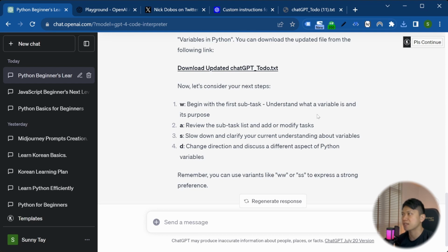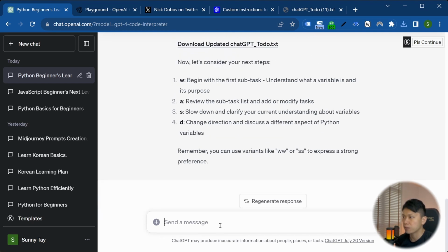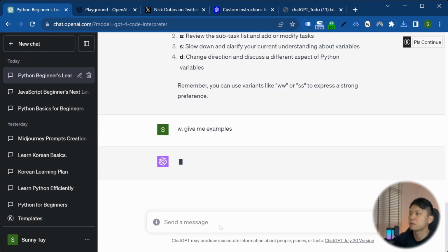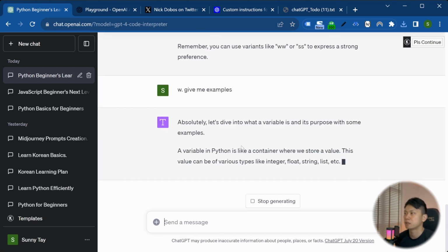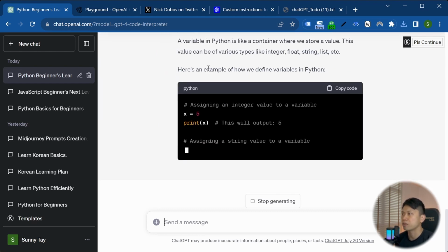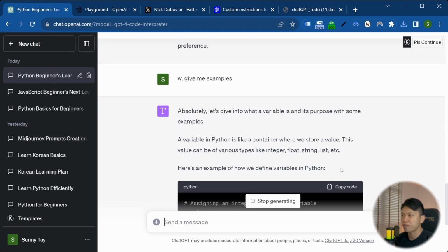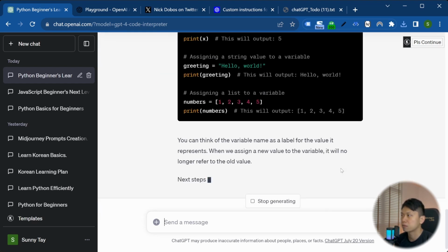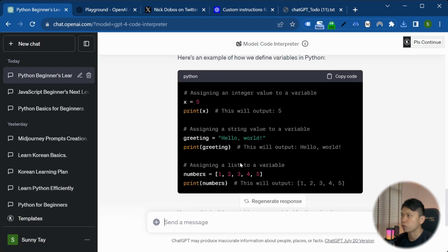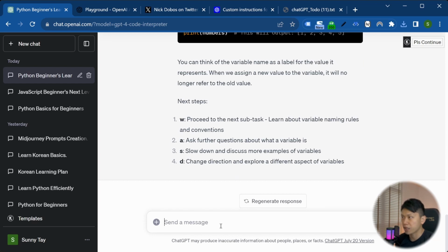Begin with the first subtask, understand what a variable is and its purpose, review subtasks. So what I'm going to do now is press W and say, give me examples. Okay, and it's saying here that a variable is something that stores a value, right? Okay, so now that I know this, I can even proceed forward,